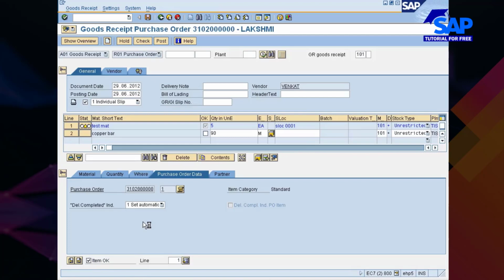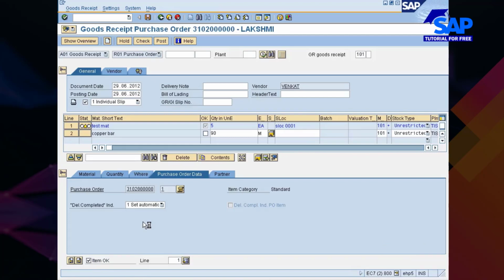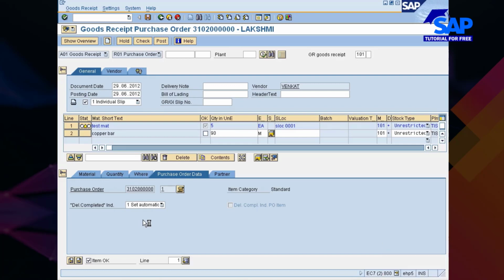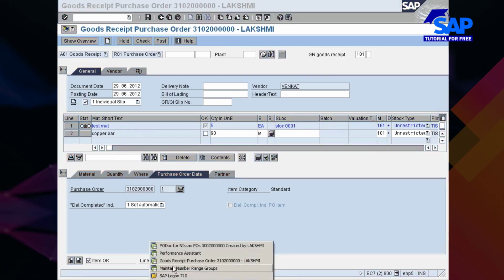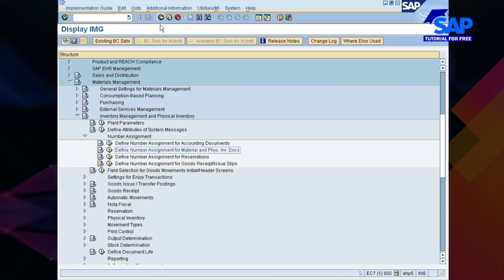So this is the last time I will be setting up the number range. The rest of the places where you will be defining the number range yourself. Wherever and whichever module you go, it's the same concept. So if you learn once properly, it's the same thing you need to apply at all other places. Let it come, it will come. Right, now I will just go back once again.